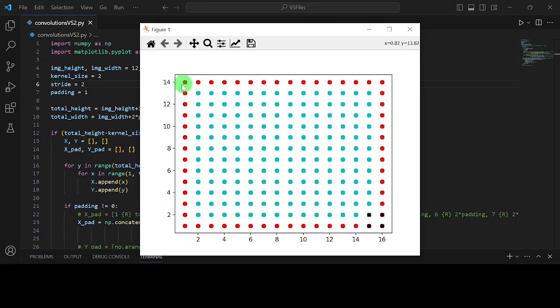So it would start here, for example, and then it would perform that calculation, resulting in one number, and that number would be transferred to the resultant image, and that would be a pixel in the image. And then it would go to the next one, perform the operation, and that's a new pixel in the resultant image. So you can imagine that if the stride was something like 6, an extreme example, then it would skip a lot of pixels, and therefore the resultant image would be smaller. Now that's typically the case where the resultant image is smaller than the starting image,